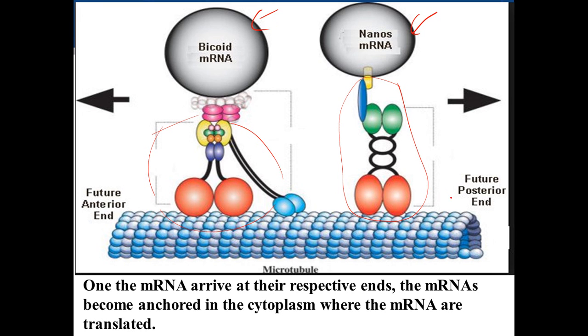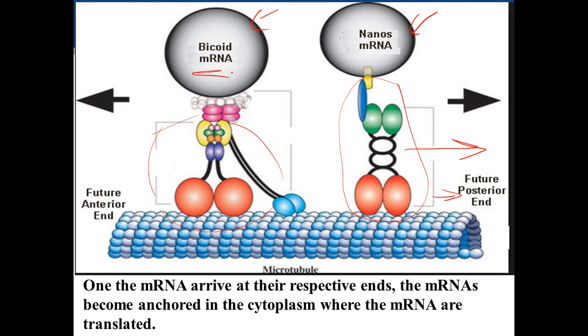Now this particular motor protein is going to transport the Nanos messenger RNA towards the future posterior end of the oocyte, if you will. And this particular motor protein is going to transport the bicoid messenger RNA to the anterior